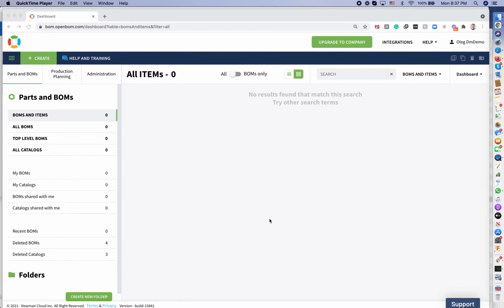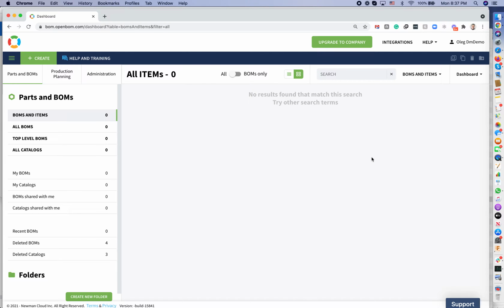Right, in this video today I'm going to give you a demonstration of basic OpenBOM data management techniques. So I'm starting from the free account which has no data, an empty account. It's a professional account, which I recommend you also use to practice all OpenBOM data management tasks to get all features